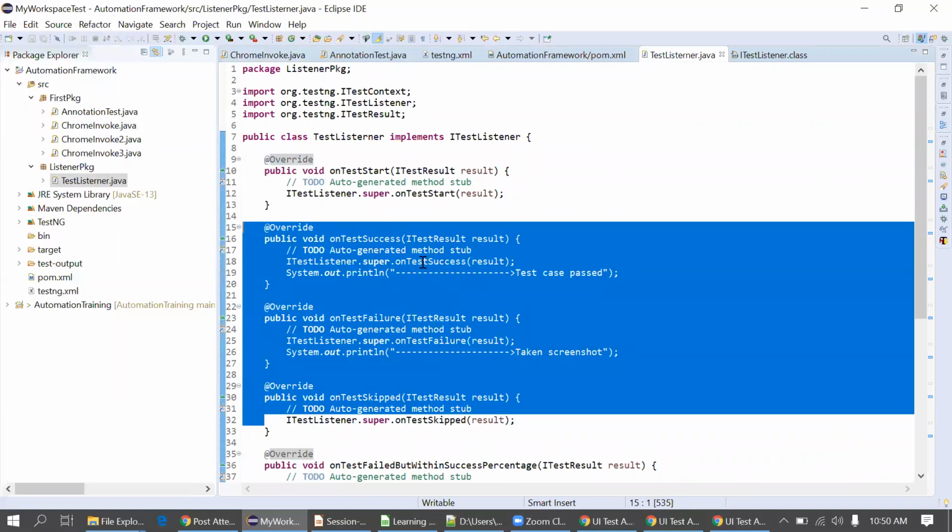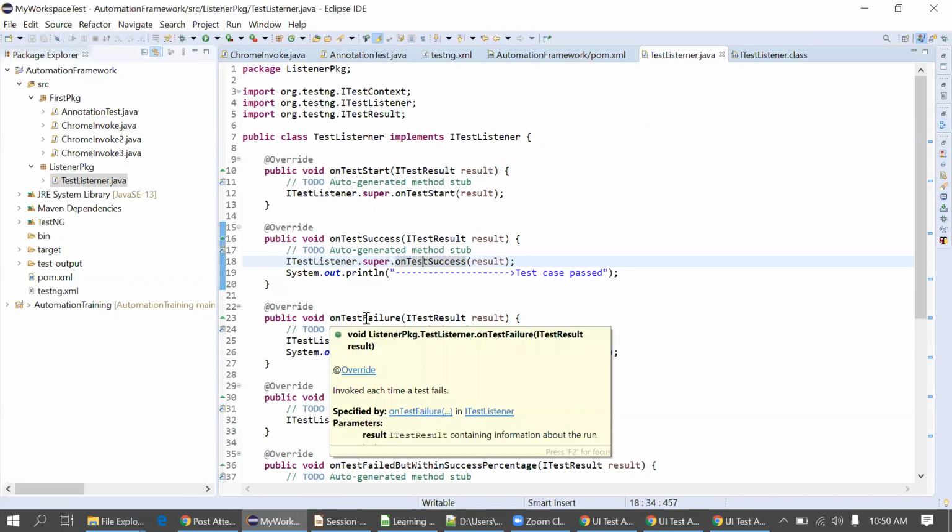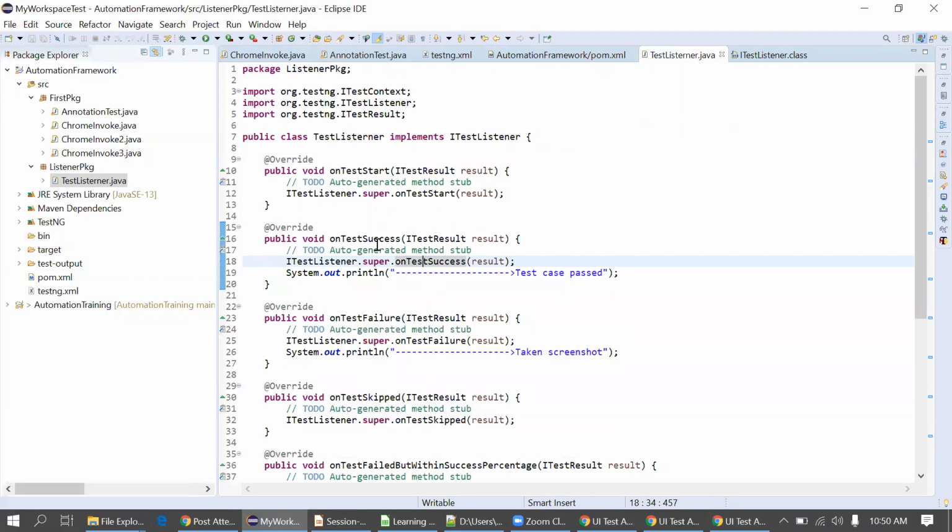We will take a screenshot. In some cases we can configure our framework in such a way that on test success also we take a screenshot, and on failure also we take a screenshot. On skip we don't need the screenshot, that's why we are not using it. We will simply print here that the test case is skipped, and take the test case name. So this is a benefit of the listener. In this way we can implement multiple listeners. You can also remember one more listener, IRetryAnalyzer, that is used to execute the test case up to a maximum number of times, that is, till the test case passes.